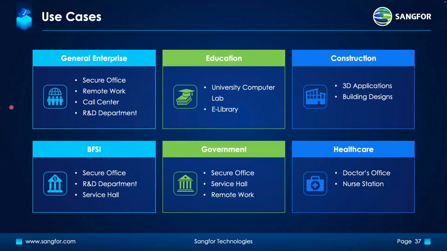Sangfor VDI helps them by keeping office work secure so employees can access their desktop safely from anywhere, making remote work easy so staff can log in from home or on the go, helping the call centers run smoothly with fast and stable virtual desktops, and the R&D team by providing powerful virtual